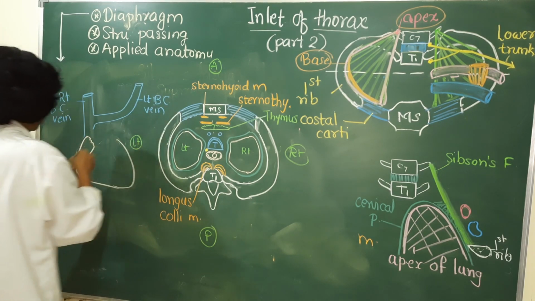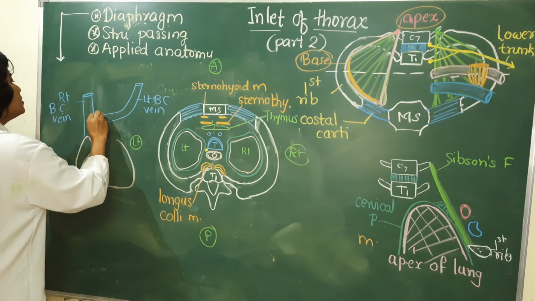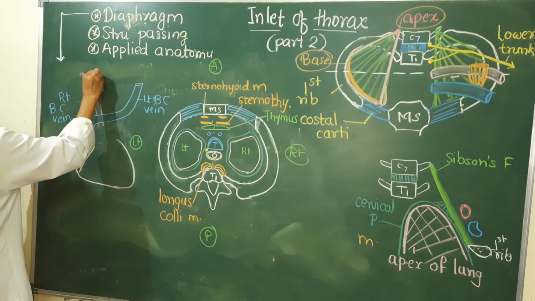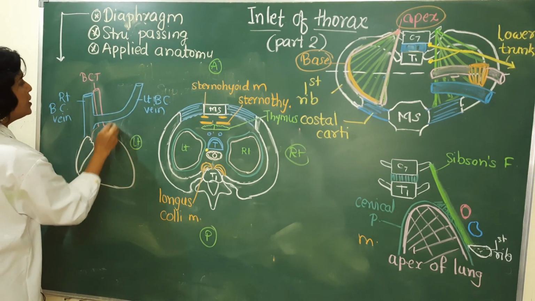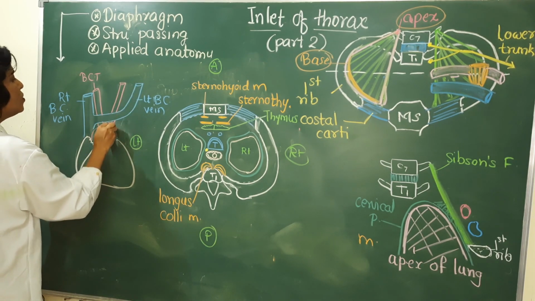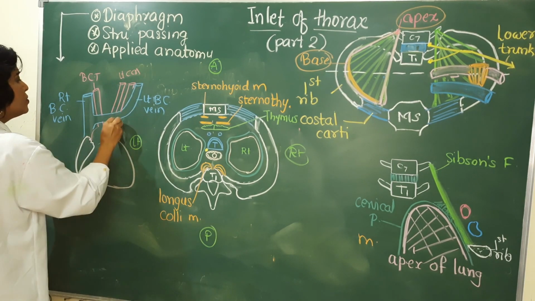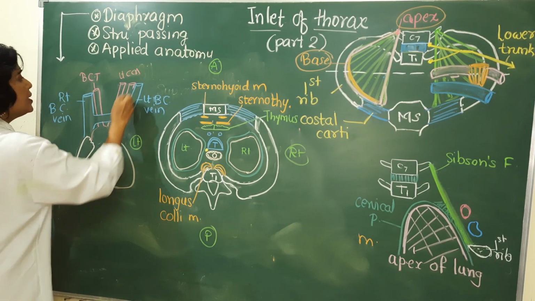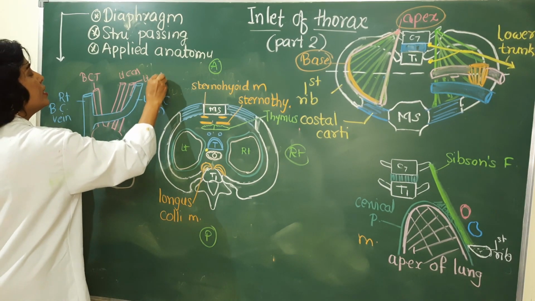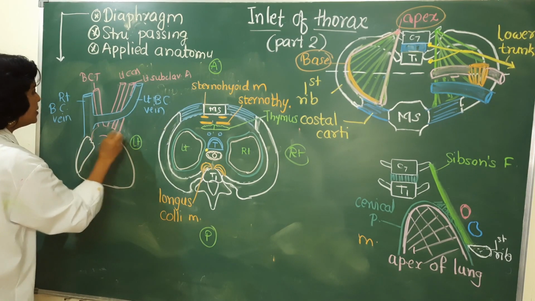If you are drawing the aorta, it will be somewhere here. Of the branches from the aorta, one passes towards the right side. This is the brachiocephalic trunk. Then another artery passes towards the left side, that is the left common carotid artery. In addition, one more artery also passes towards the left side, that is the left subclavian artery. So these are the three arteries arising from it.